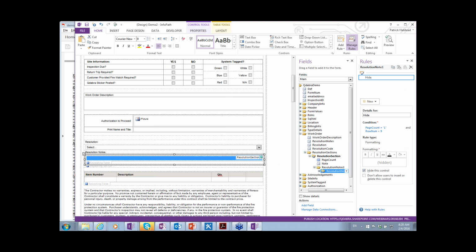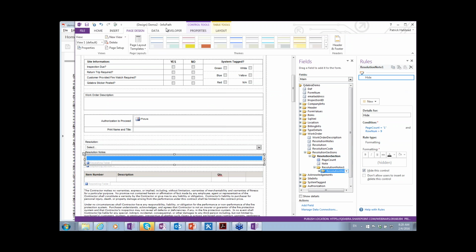Okay, so basically it's automatically going to give me 9 items to begin with. And then it's going to hide everything after 9 if it's page 1. But if it's page 2, it'll show me everything else. Now, how do I know what everything else is? So what we've done, and this is a little bit